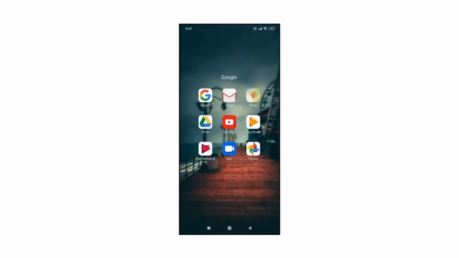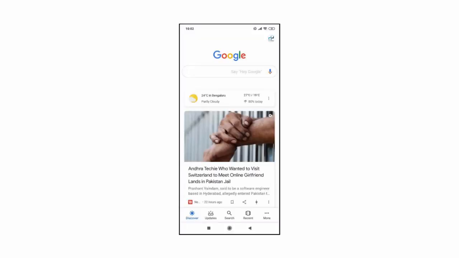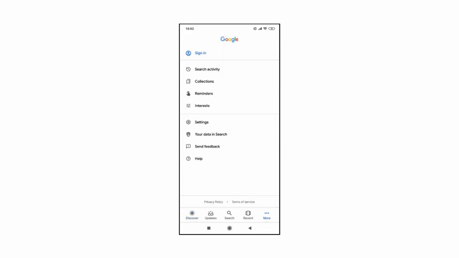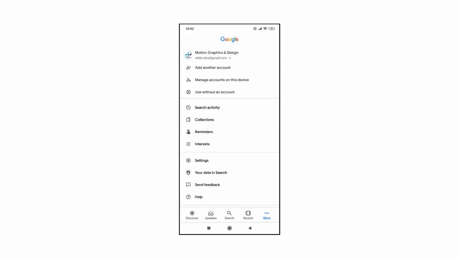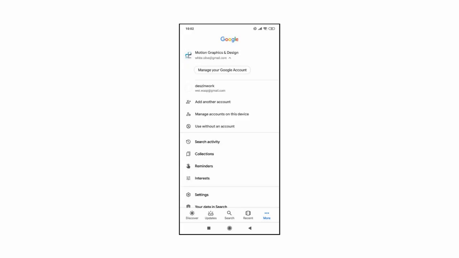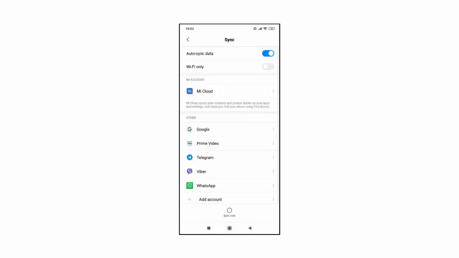Now we will see how to remove your Gmail account from your phone. Click on your Google app and next click the More link in the bottom. Next, click on the Gmail account here on the screen. Here, click Manage Account on this device tab. Next, click on the Google icon